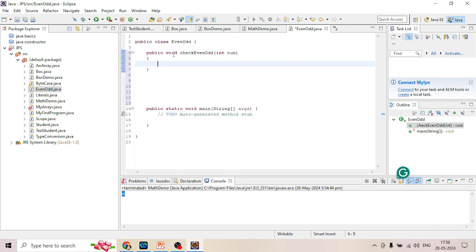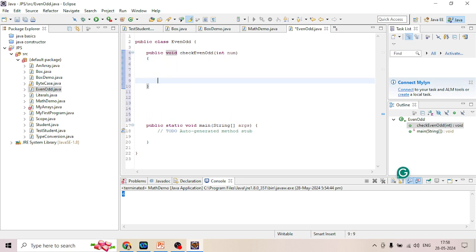Instead of void we can have boolean also. Let us check this after this. So if number mod 2 equals 0 then this is